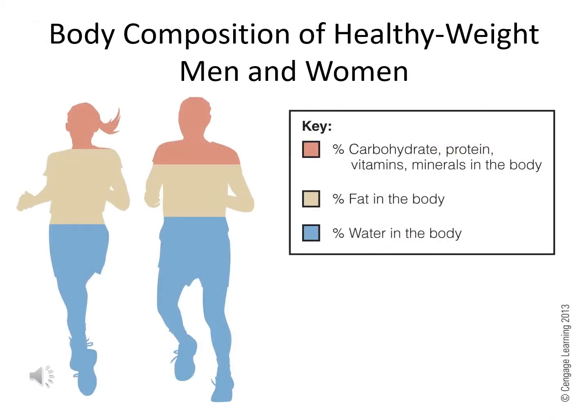So that was a really quick overview of the 6 classes of nutrients, and we'll go through each one of those in more detail as we go through the semester. Something else that's interesting to note, however, is that the nutrient composition of our body is very similar to the materials that are found in foods. The human body is made up of, on average, about 60% water. Then fat can range, depending on gender mostly, from about 18% up to about 26, maybe 28%. The remaining percentages are going to be found from carbohydrate, protein, vitamins, and minerals.